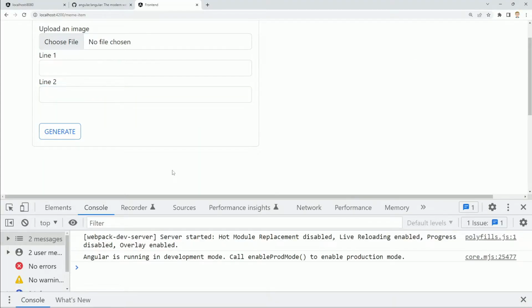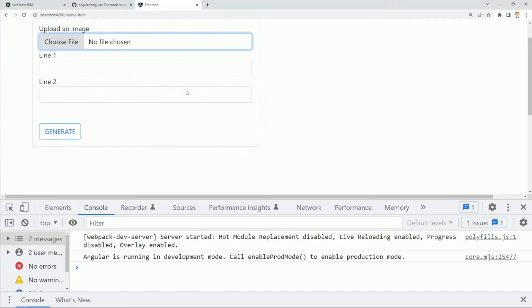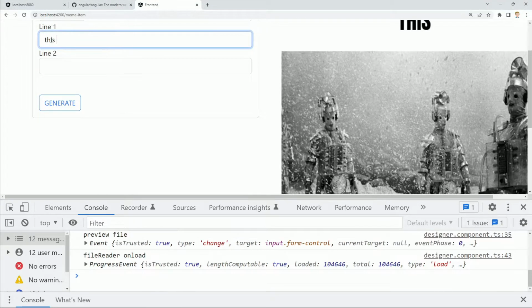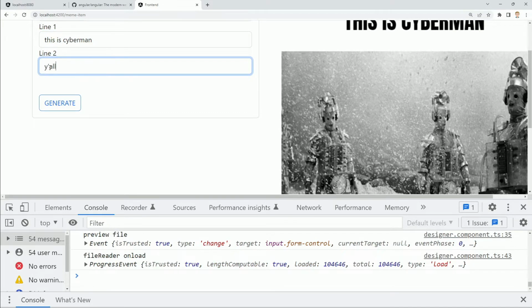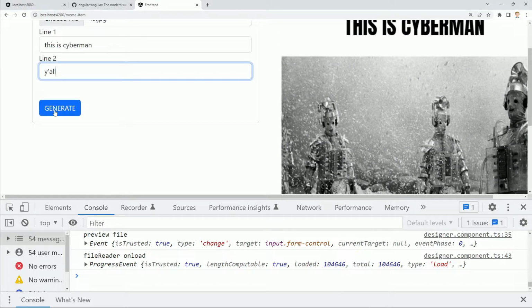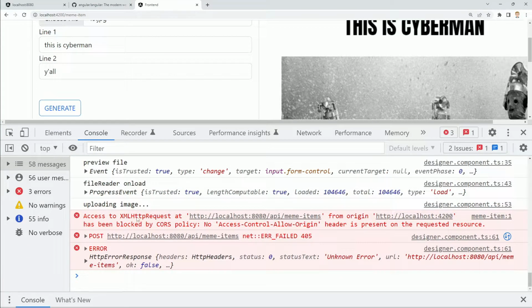So it won't really work because we don't have anything defined on the server, but just to prove it, let's create an image. 49, what's 49? Okay, Cybermen. This is Cyberman, y'all. Let's hit the generate button, and we get a 405 because not only do we not have the endpoint, but